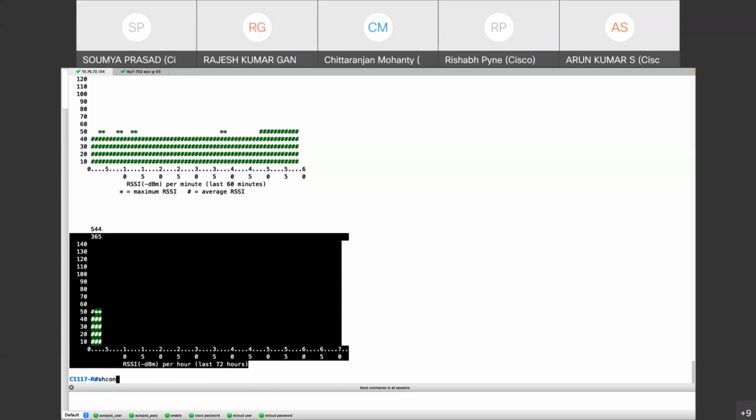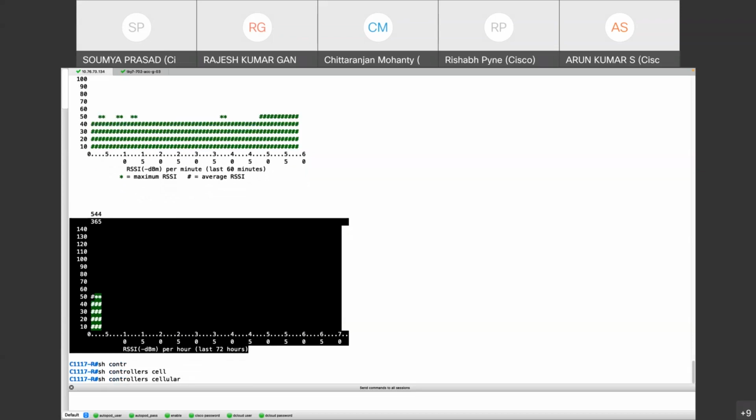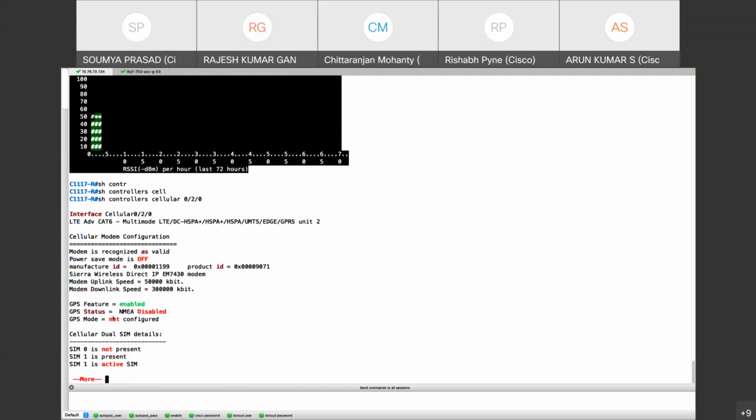Okay, so next I'll show you which SIM is active, and which slot the customer is currently using. We can use a command called show controller cellular 0/2/0. Okay, so once we press,